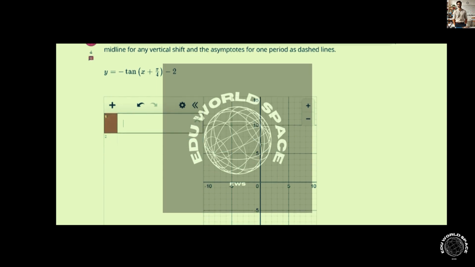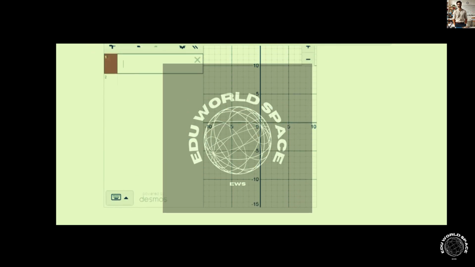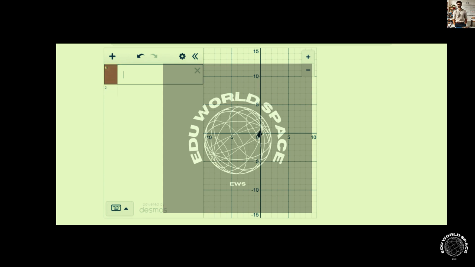First, we want to graph the parent function, which I will do in black, which would just be the tangent of x. The tangent of x goes through (0, 0), and the other critical points on tangent: it has a period of pi, so